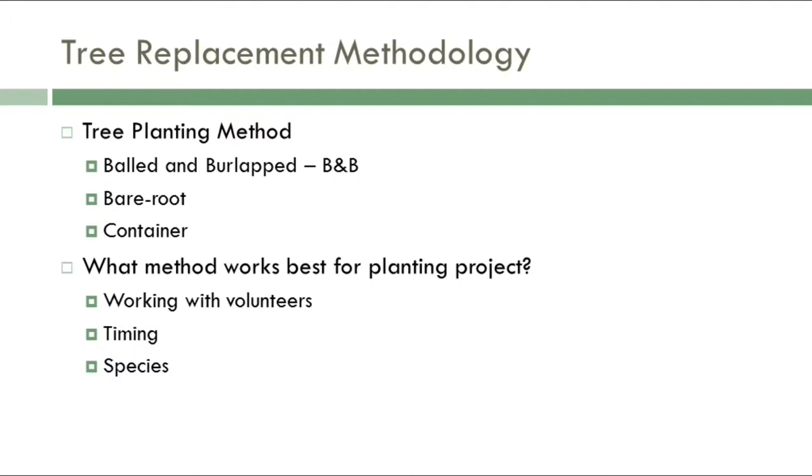root ball. A 2-inch caliper tree with a standard root ball usually weighs 200 to 300 pounds. A standard bare root tree of that same size weighs about 25 pounds. So the implications to your project are huge in terms of safety concerns or the logistics of getting them out and getting them planted.